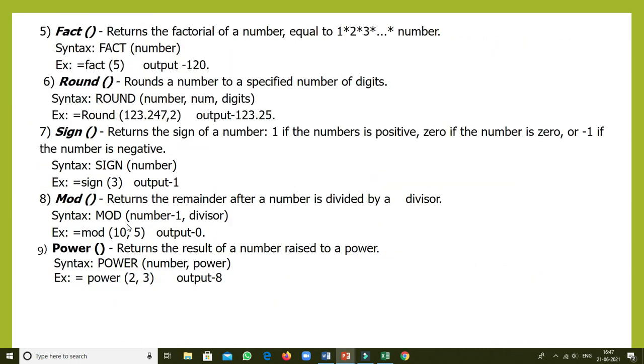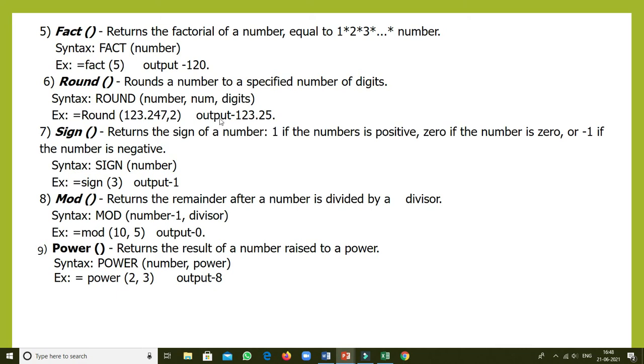Now if you write FACT of 5, 5 factorial is 5 into 4 into 3 into 2 into 1, and you will get 120. And to round up a number, equal to ROUND of 123.247 with the nearest decimal point as 2, you will get 123.25.